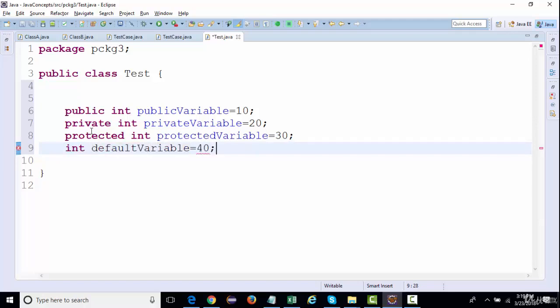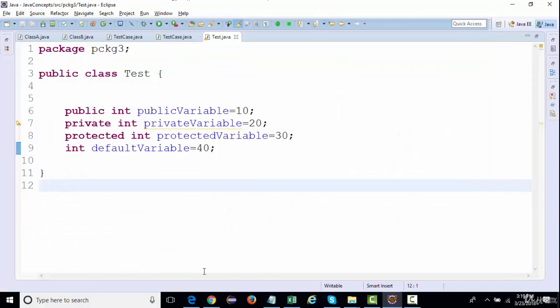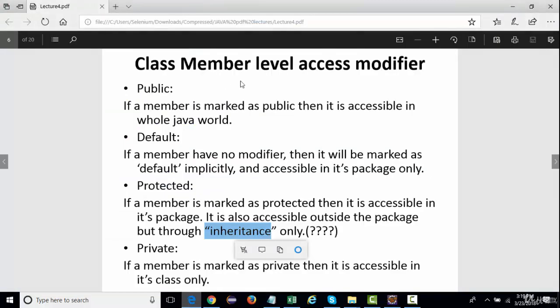Now again, let's go back to the PDF, and if you look at the PDF, you can see there is no access modifier which cannot be accessed within a class. I mean, we can access all these modifiers within the same class.